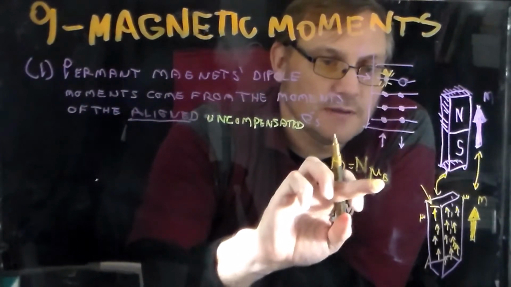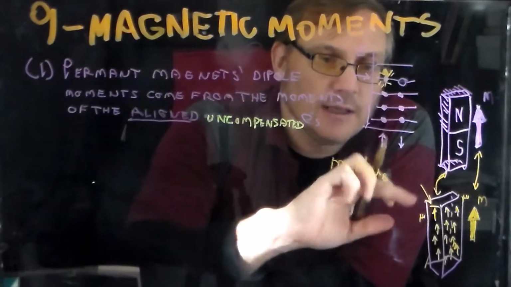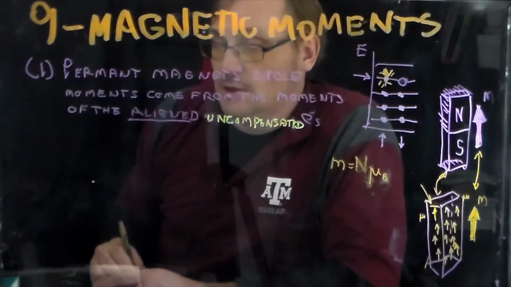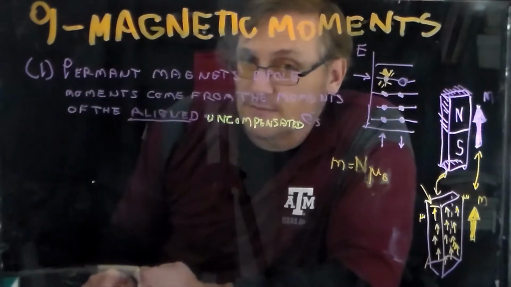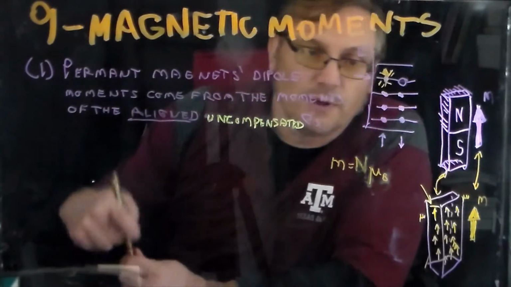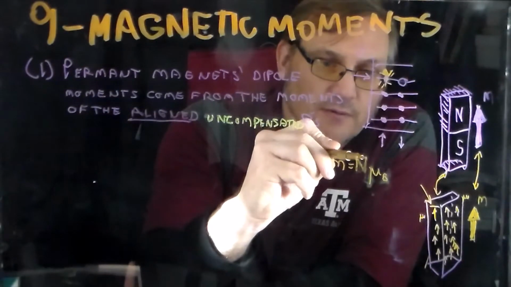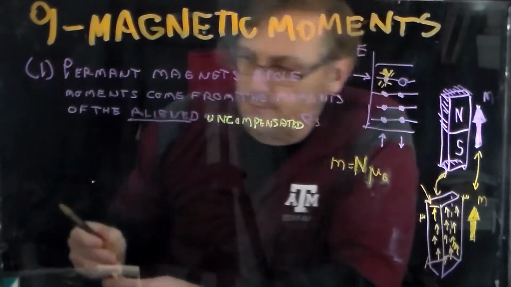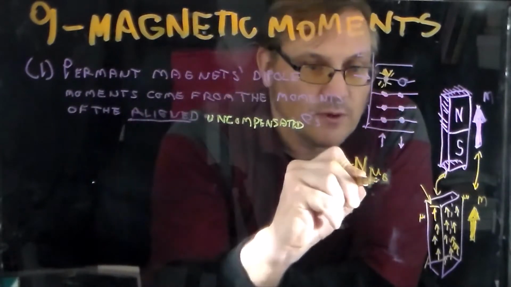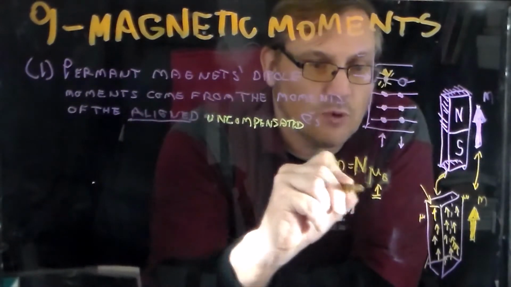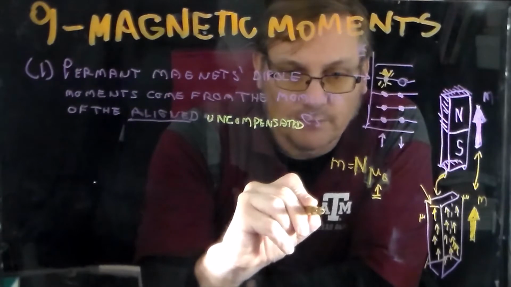There's a little bit of an issue with that, but we'll ignore it for the level of this class. Later classes you might not have to, but for this class you get to ignore it. You just say the elementary magnetic moment is this Bohr magneton, named after Niels